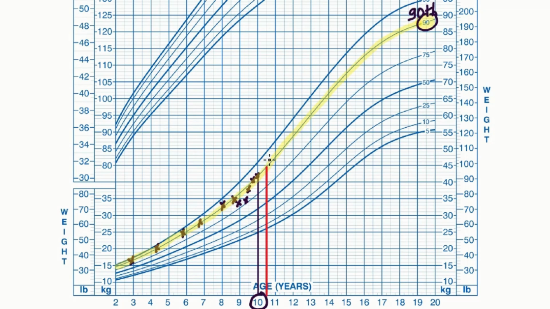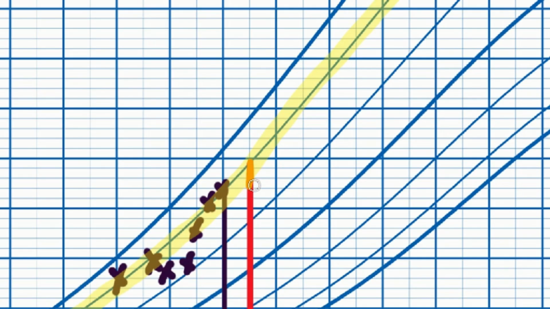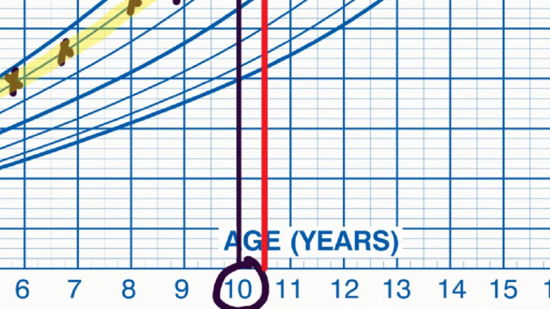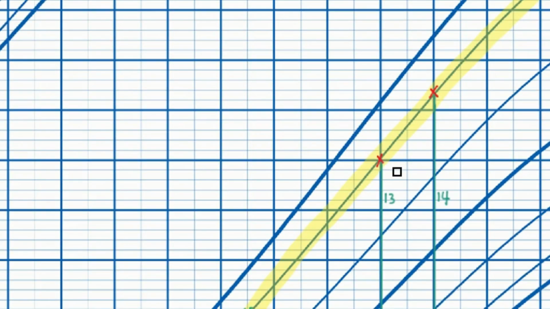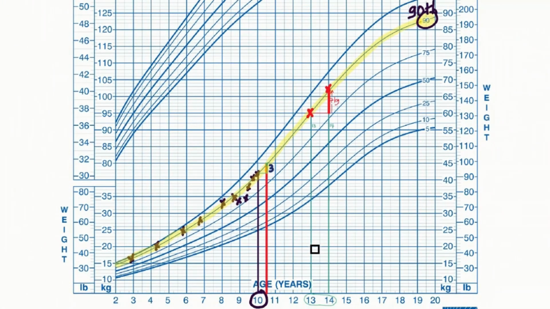Now you can see how 6 months later, you would expect his weight to go up by another 3 kilos roughly. Another example, between age 13 and 14, his weight gain should be roughly 7 kilos. So a growth chart can help alert you that your child might be becoming underweight and vulnerable to relapse.